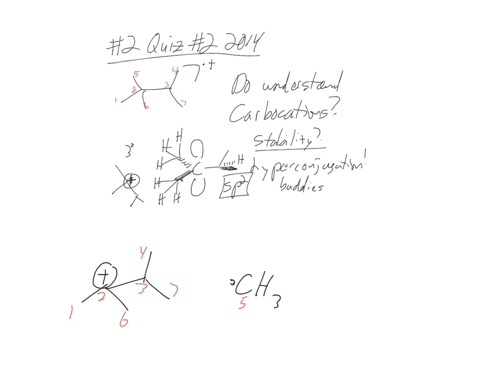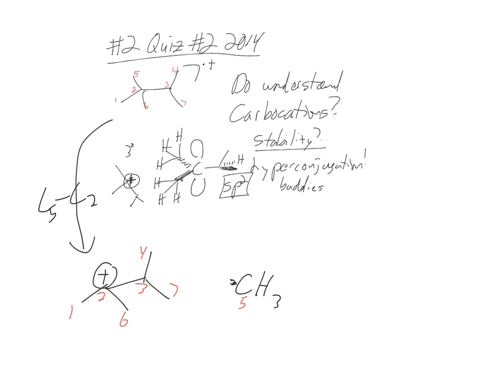Every piece I have, one part is the cation and one part is the radical, and I see the cation in the mass spec. That's if I broke between C5 and C2. I could also break other places,